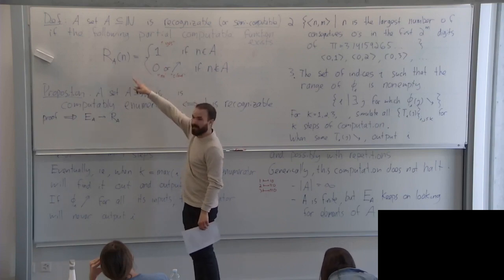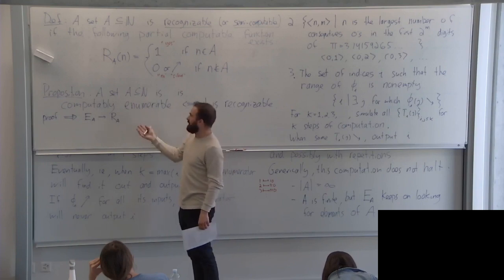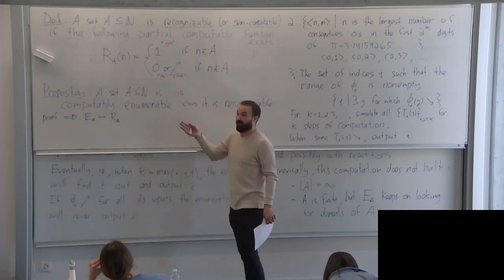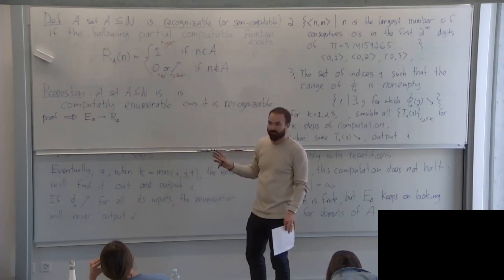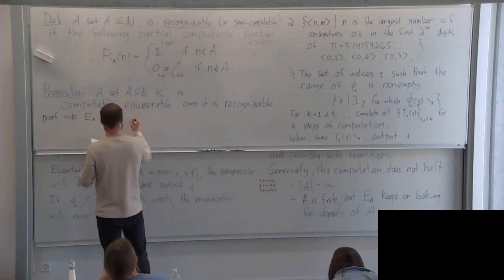If n is not in A, the enumerator will never produce it, will never output it. But that's fine. The machine will never halt. It's waiting for n to be produced, but n will never be produced. So on a given n,